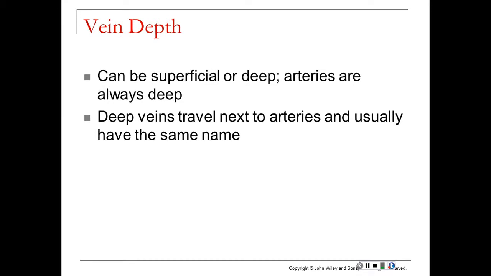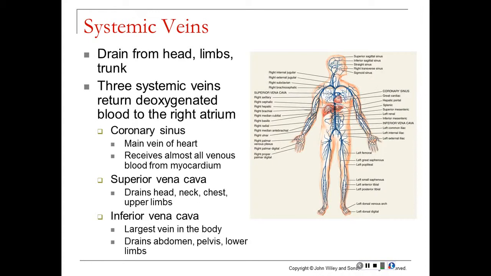The depth of the veins can be very superficial or deep. Arteries are always deep, but veins vary in their depth. The deep veins tend to travel next to the arteries and usually have the same name as the arteries. So let's talk about some of these systemic veins. They drain from the head, the limbs, as well as the trunk. The 3 systemic veins returning the deoxygenated blood